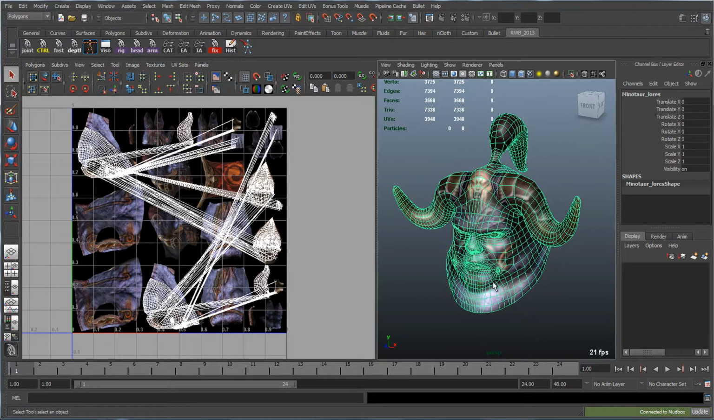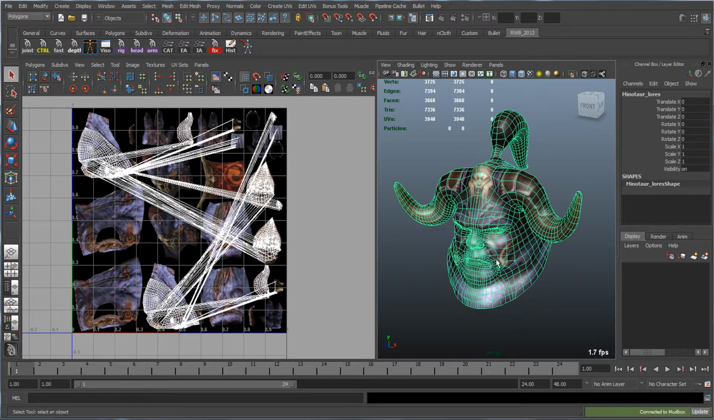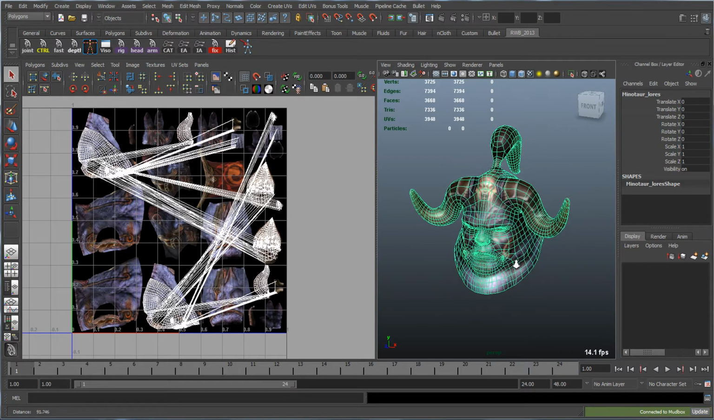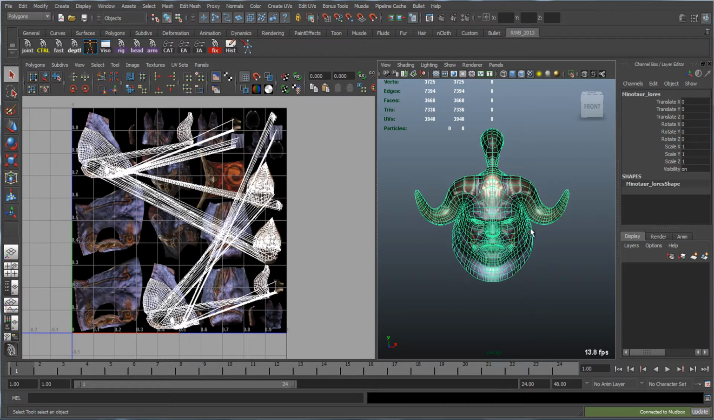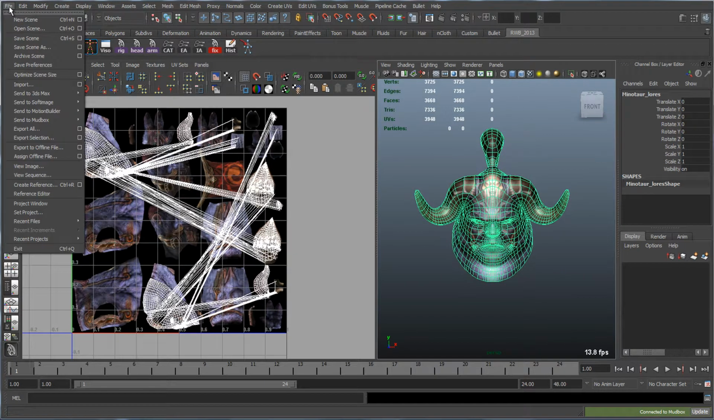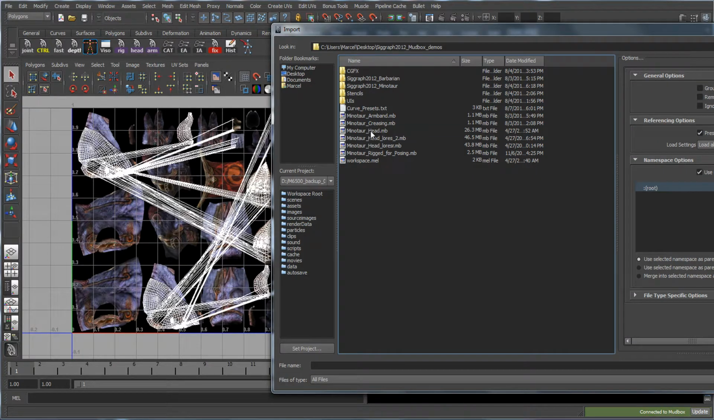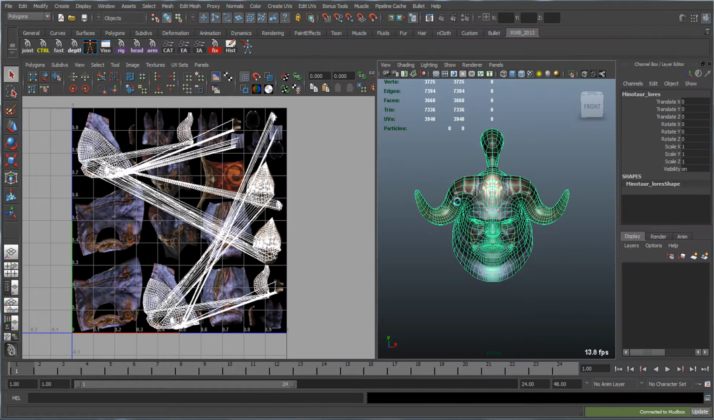I also want to add and remove some topology on this character, and then I want to cut up these UVs a little bit more so that we get a way to select specific parts of this model. So the first thing I'm going to do is fix the UVs so that I can set up proper UV cutting or UV shells. Let's import a model, the model titled Minotaur Head, and bring that into